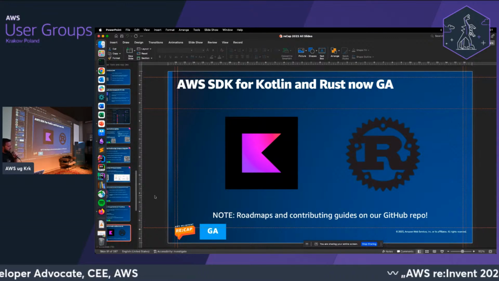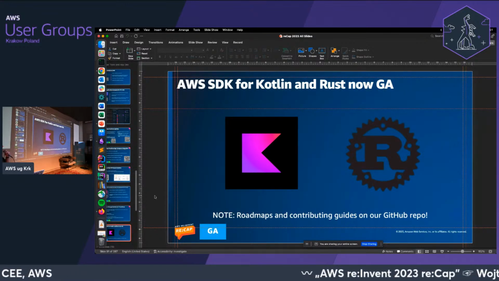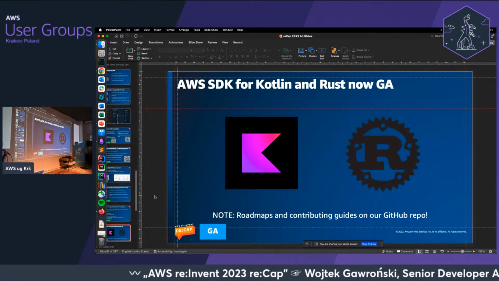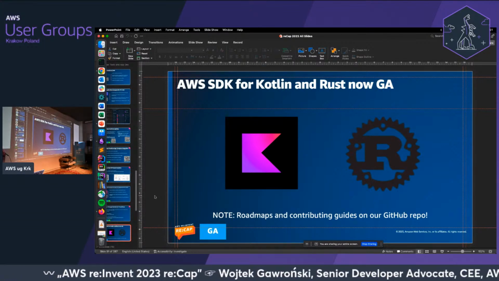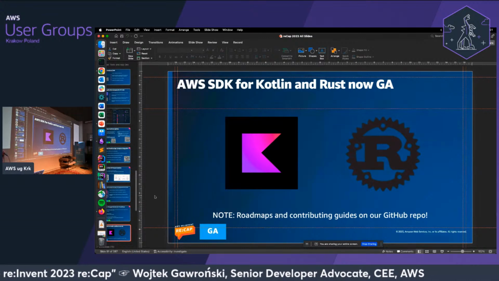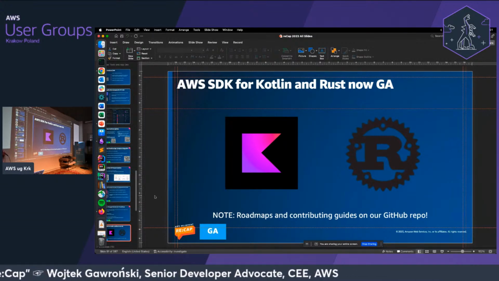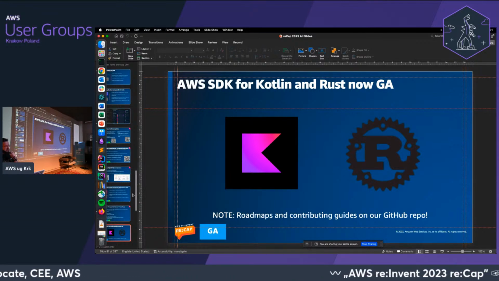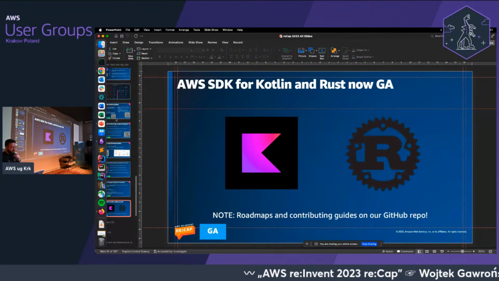Rust was available in developer preview for a very long time. Now it's generally available, which means it gets official support and so on. Kotlin spent a little less time in developer preview, but it is also a pretty interesting announcement in terms of developer tools.